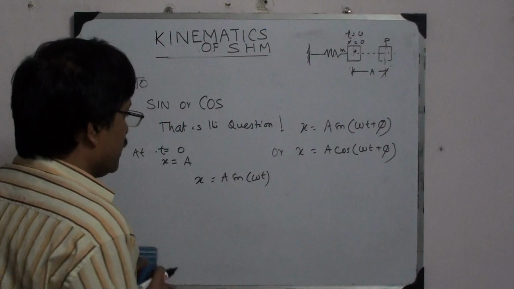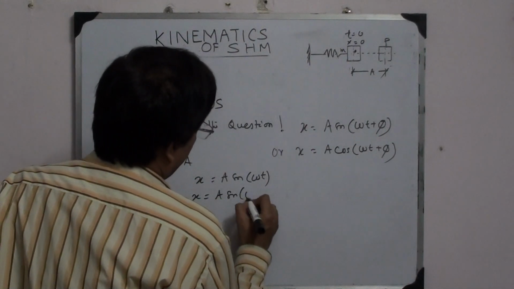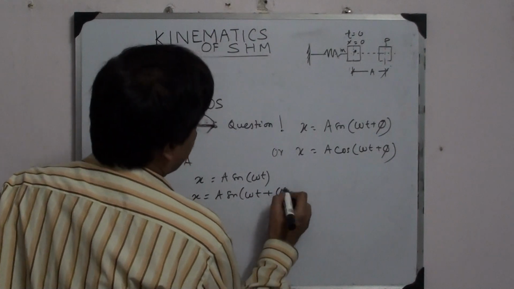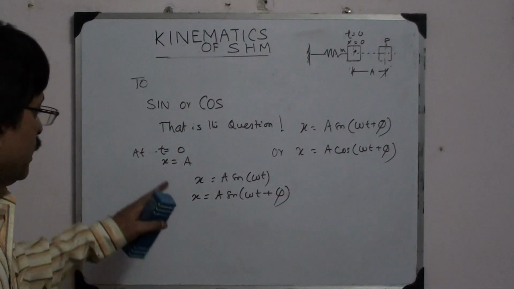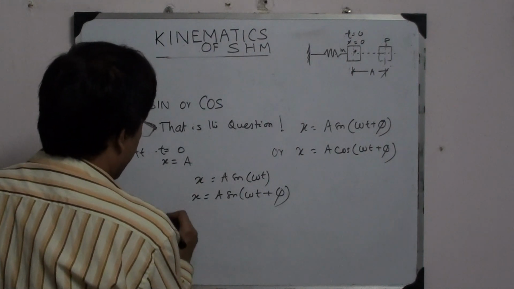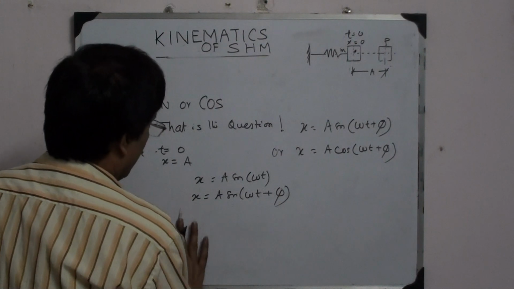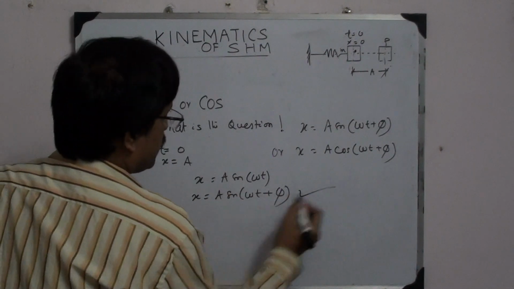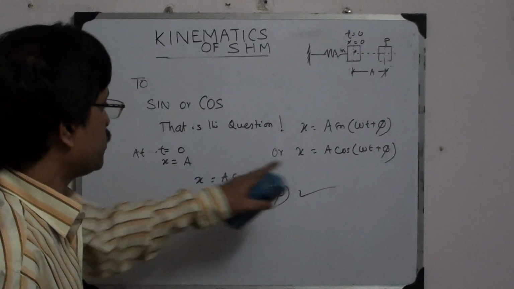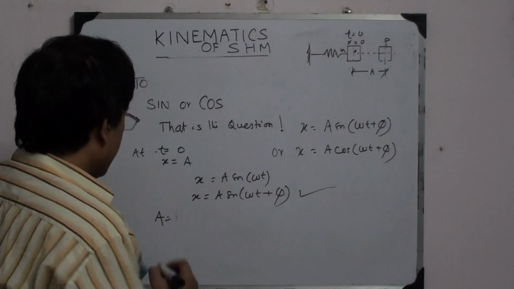The general equation is x is equal to a sine omega t plus phi. Now take this, at t is equal to 0, x is a. So put x is equal to a and put t is equal to 0. What do you get? Suppose I take this equation, although my choice should have been the cosine, then at t is equal to 0,